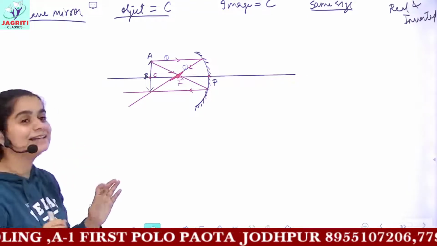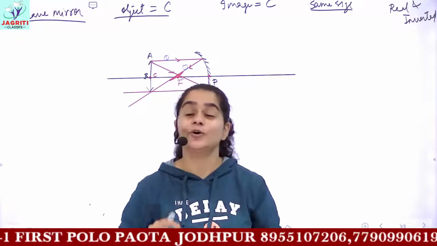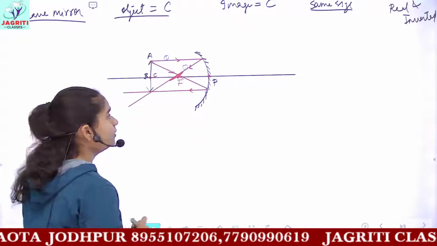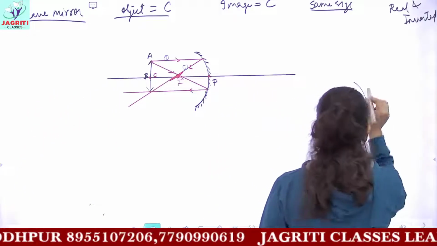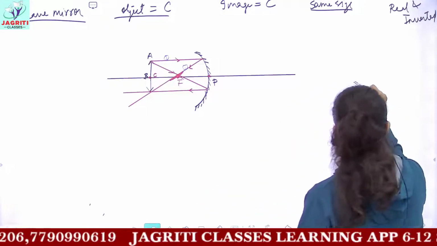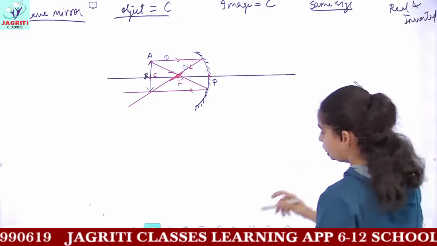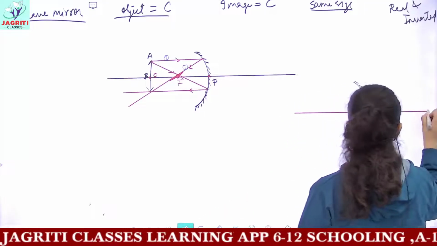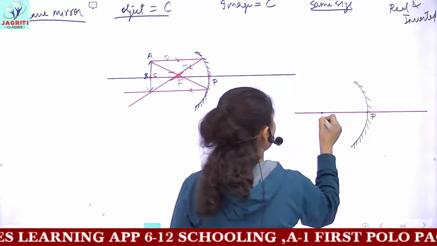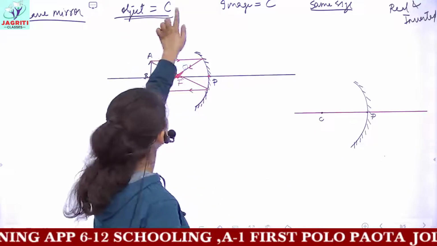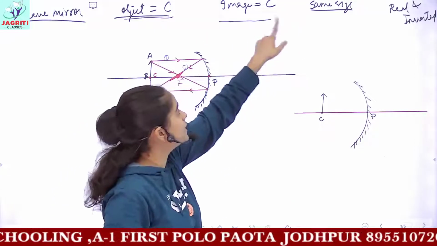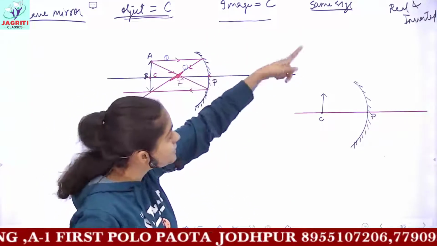And see, for making the diagrams, I'm telling you, you will require a lot of practice. Then only you will be able to form the correct diagrams. One trick is also there to form, not actually a trick, a method. Draw the mirror, draw the principal axis. Okay, see, if you draw the mirror and then you draw the principal axis, then you mark the points on the mirror, that is the pole and the center. You are required to make the object at C, so draw the object here at C, and then you are required to form a same size image at the center, but this image should be inverted.